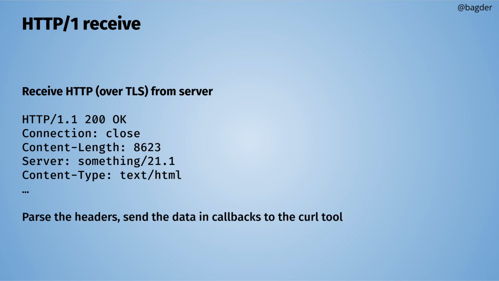And libcurl then parses these headers, of course, what they're called header fields these days, and makes sure that it understands them. And in HTTP, there are a lot of different ways to transfer when the end of the data actually arrives. So there are many different things that could change how we have to interpret this stream of data that comes from this server. But anyway, libcurl parses these headers, and once it starts to get data from the network,